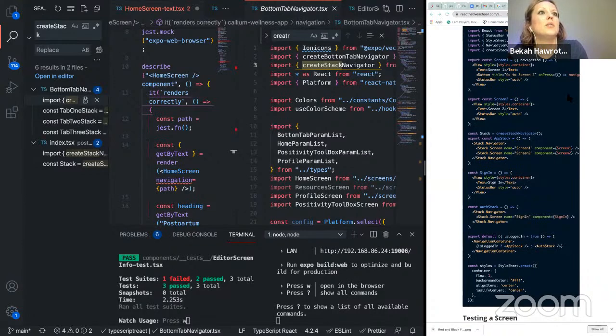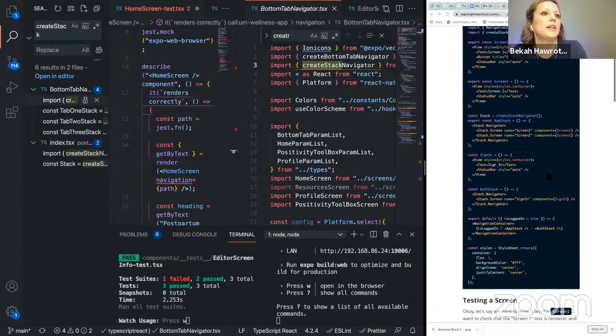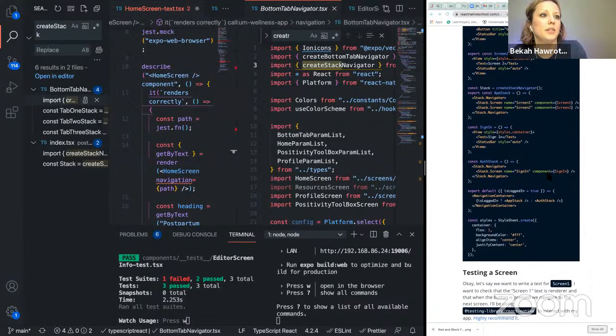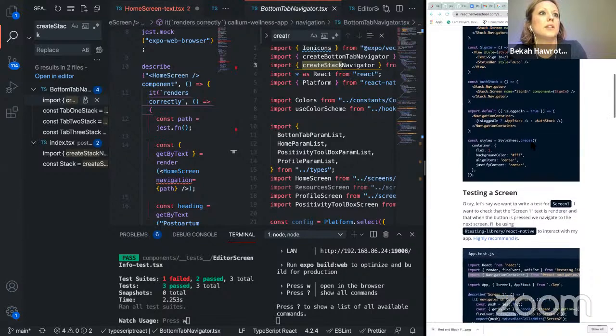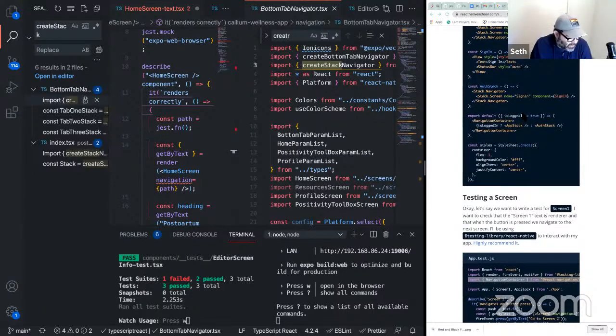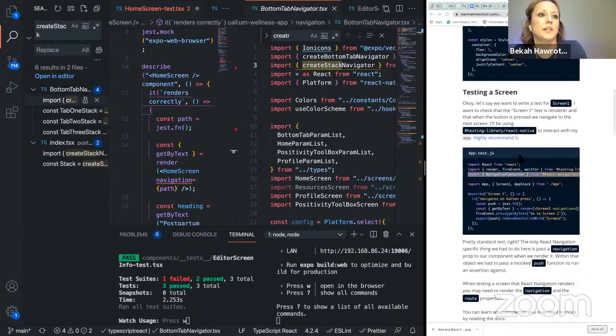Okay, so they have Stack Navigator here. And then to test it, navigation container. So they do have a navigation container. Yeah, but he's not using it in that little code block that I see. So he's using it to test the screen, right?